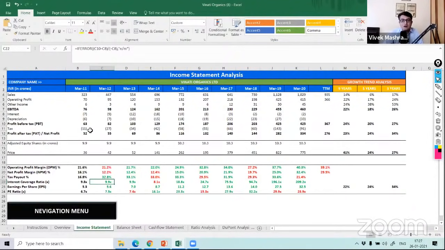Okay. And again, the higher the better, because the more coverage you have, say you have 30,000 rupees of EMI and you are saving 1,80,000, so your cover is 6 times. So even if a COVID kind of situation comes, your salary becomes half, still you are able to pay. So the higher the number is better. And that's why, if it goes higher here, it will become green. If it goes lower, it will become red. As simple as that. And then you have PE ratio for all the years.